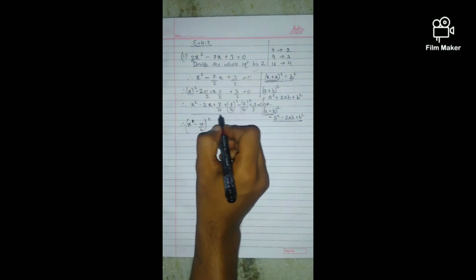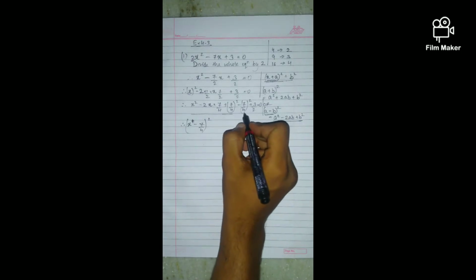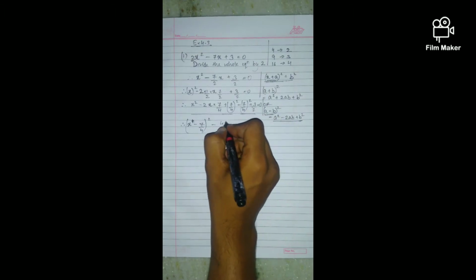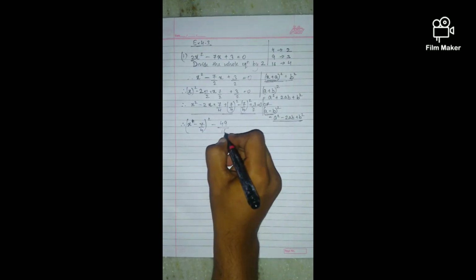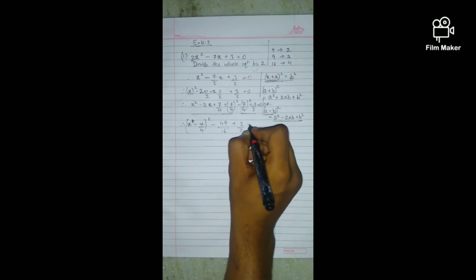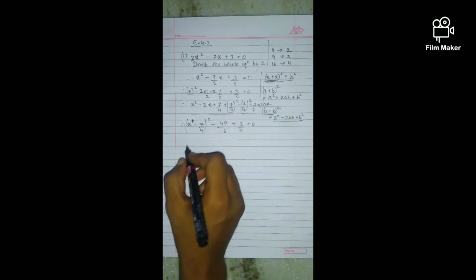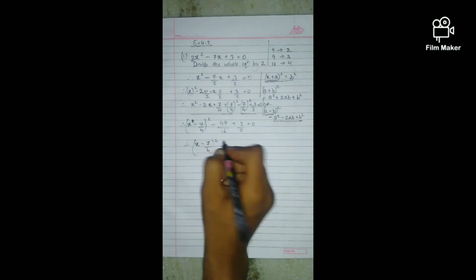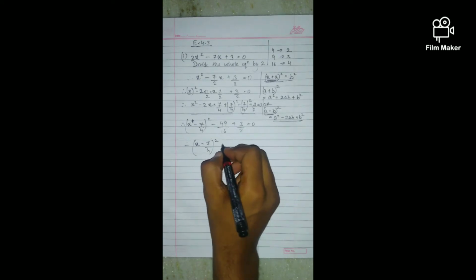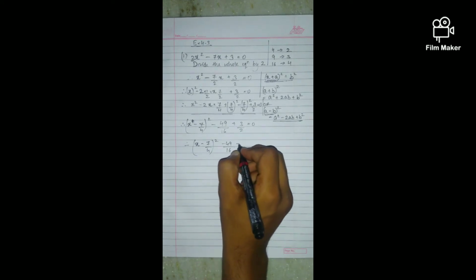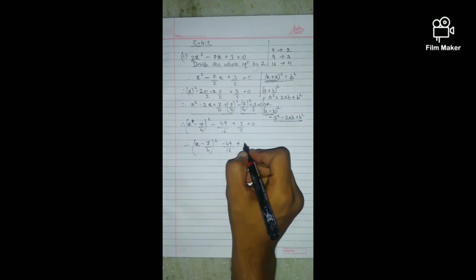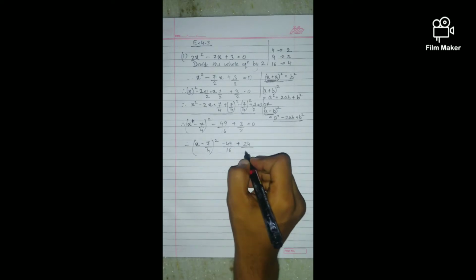What we have dealt with this part of the equation, we are remaining with this part, that is minus, see, 7 sevens are 49, 4 fours are 16, plus 3 by 2 is equal to 0. We'll solve this part also. Therefore x minus 7 by 4 the whole square, minus 49 plus 16, taking LCM, see, 8 threes are 24 and 8 twos are 16. Denominator is same, so now we can solve.